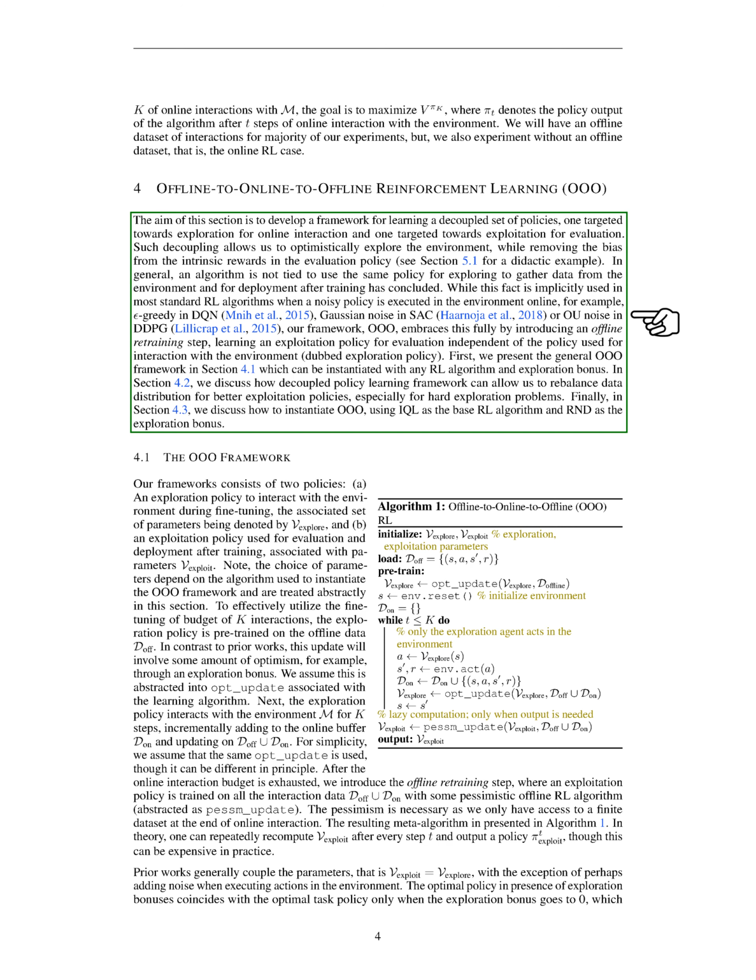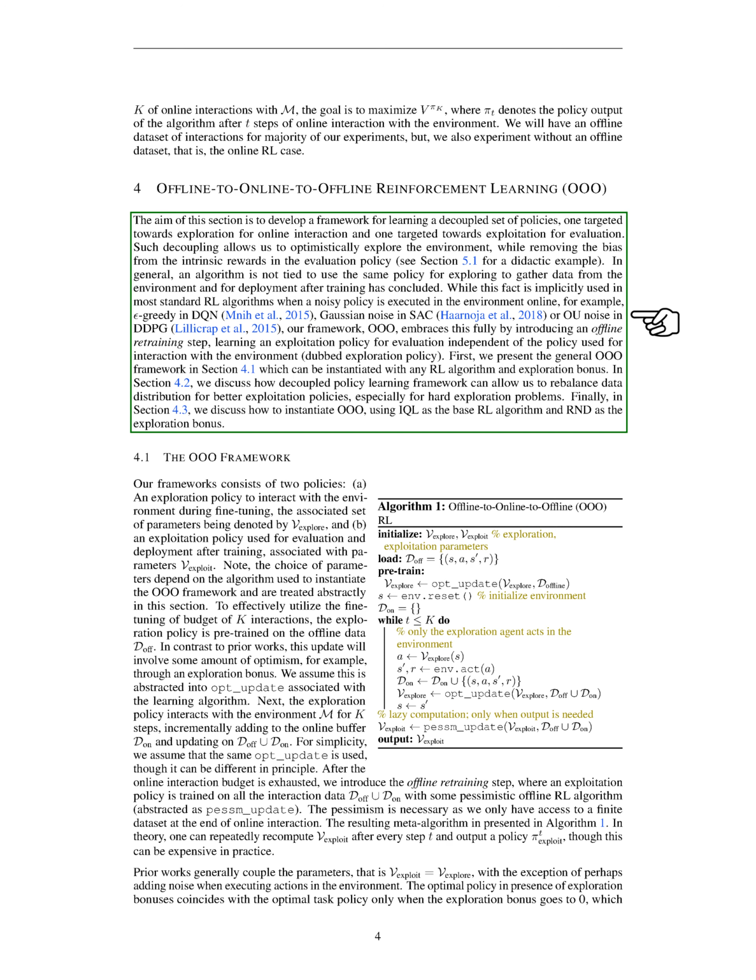In the next section, we introduce a framework for learning two separate policies, one for exploration, interacting with the system to gather data, and one for exploitation, making the best decision based on the data gathered. This separation allows us to explore the system optimistically, while removing any bias from the rewards in the exploitation policy. We then discuss how this framework can be used to balance the data distribution for better exploitation policies, especially for difficult exploration problems. We also discuss how to implement this framework using specific reinforcement learning algorithms and exploration bonuses.